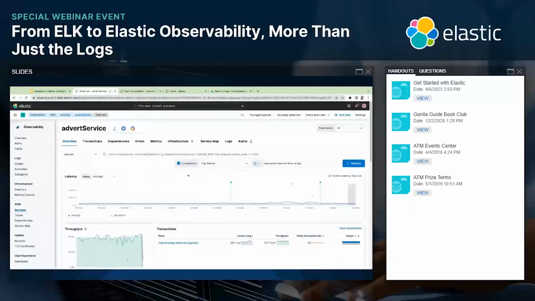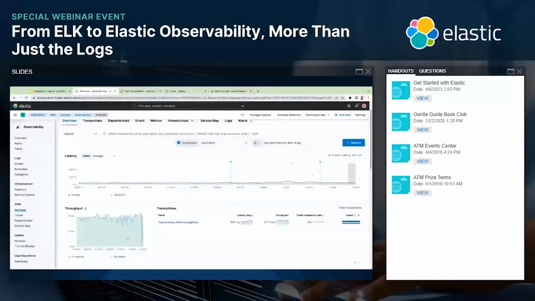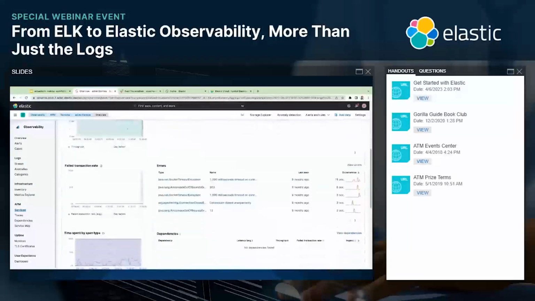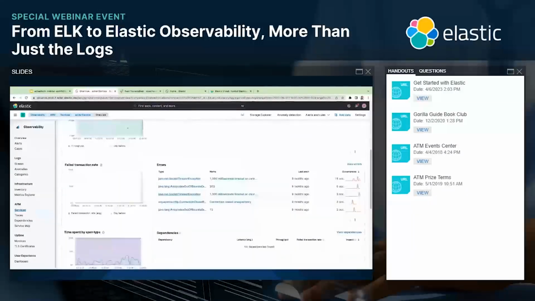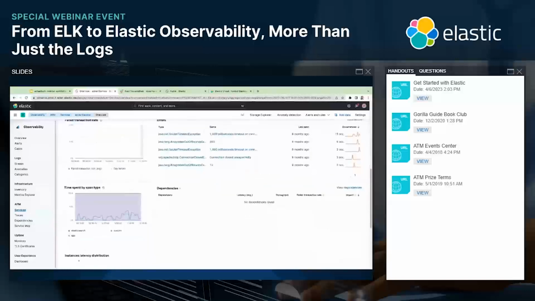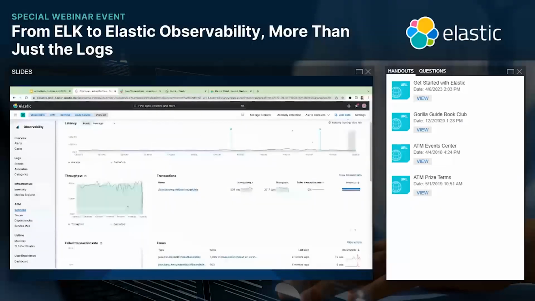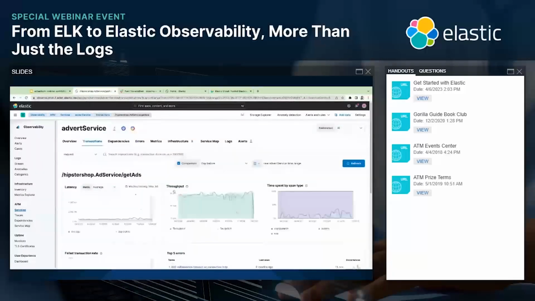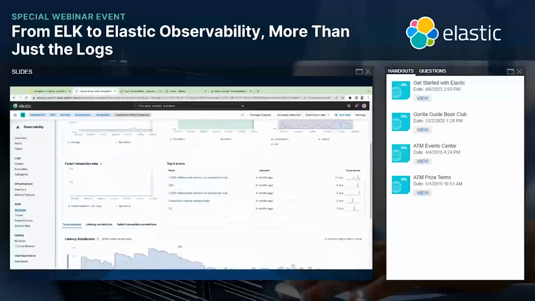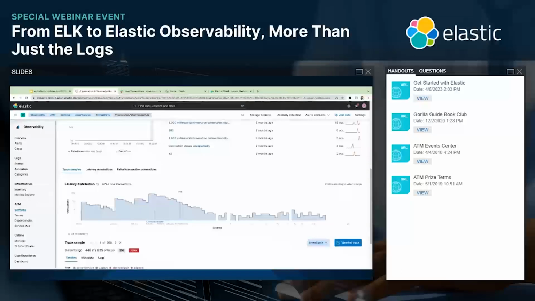Now I can look at some of the key performance information about this service. I can see there are some errors being logged, the span time, things like that. I want to drill down into this particular transaction that seemed to be causing the issue. Again, performance metrics pertaining to this particular transaction is shown to me.